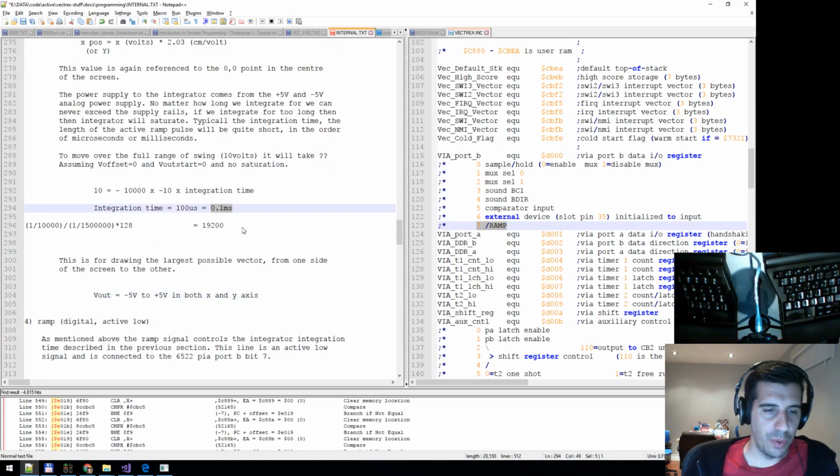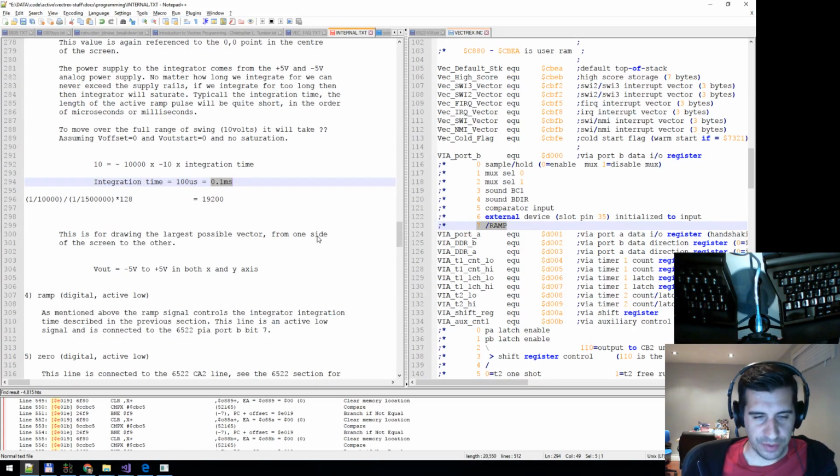If it takes 0.1 millisecond to move across the screen, I can use this to estimate, based on the number of cycles that have elapsed, how far along my beam has moved, and then use that to write values into my screen buffer, because I want to write values based on intensity, but then over time the values in the buffer slowly drop down at whatever rate they're supposed to drop, so that we get the whole fading effect that we see on the Vectrex,